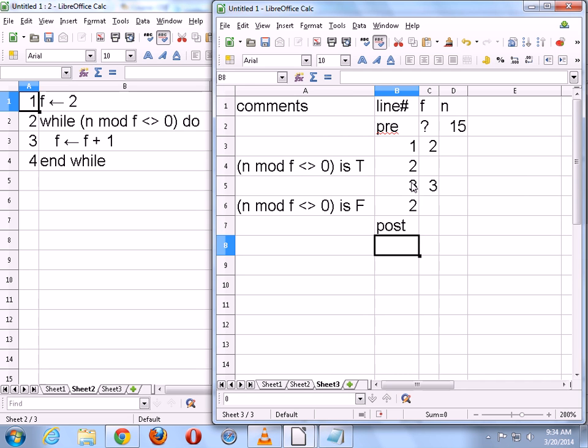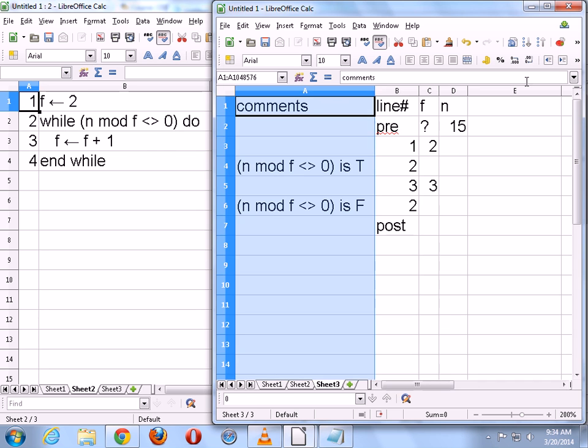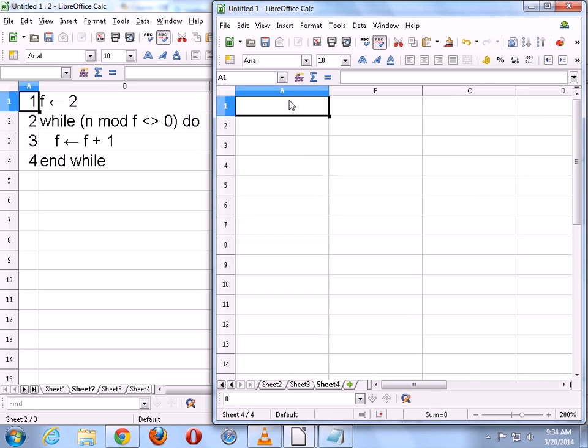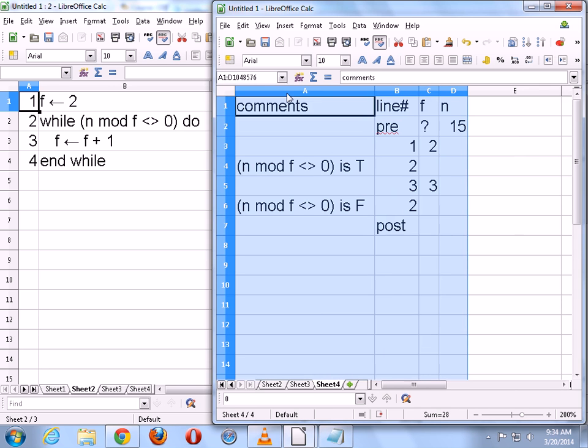Are there any questions at this point? No questions? Okay. So if there are no questions, what I'll do is I'm going to replicate some of these columns, and then we'll have one more test case, and then we'll move on to the optimization technique here.